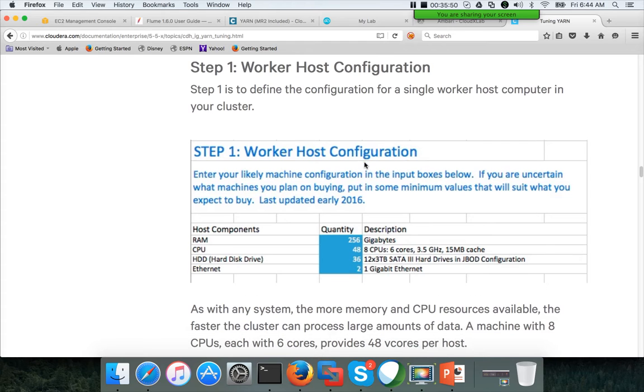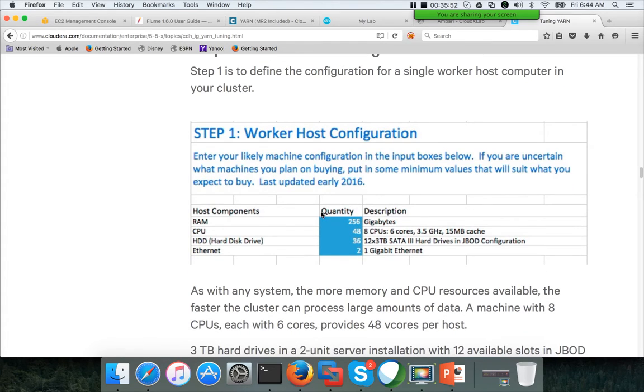Okay. Here what they are saying is they are taking the example of servers which have 256 GB RAM and 48 CPU cores. It's for each node. See the capacity of this cluster. They are talking about 256 GB RAM on each host and 48 cores.